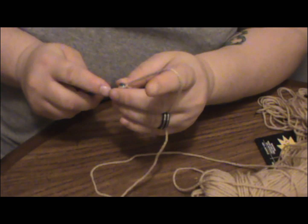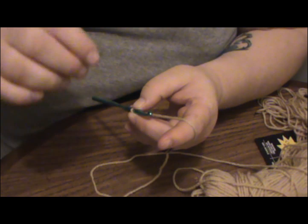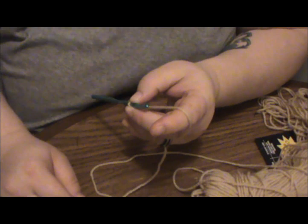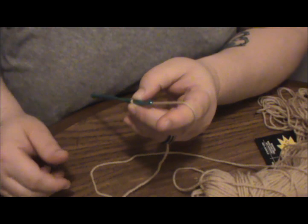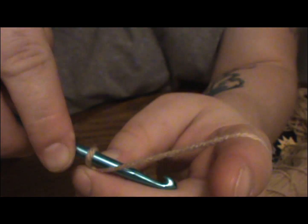Now, in order to make a chain, this next step is called yarn over, and it will be abbreviated as YO in your patterns. Sorry about the throat, it's scratchy this morning. But you will take yarn over,